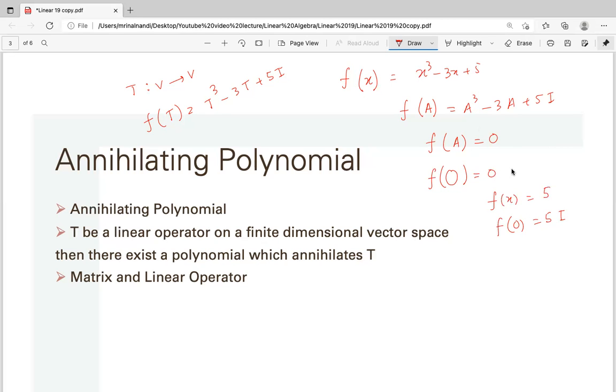So not every polynomial annihilates that null matrix. The non-zero constant polynomial does not annihilate it. So actually a non-zero constant polynomial does not annihilate anything in any matrix. Now, let T be a linear operator on a finite dimensional vector space, then there is a polynomial which annihilates T. Similarly, if A is an n cross n matrix,